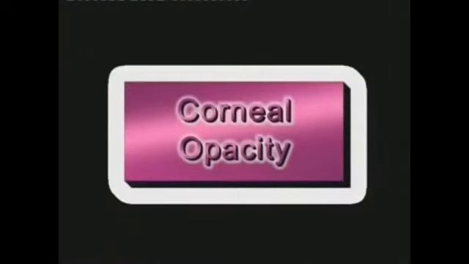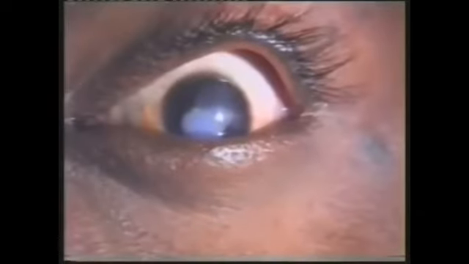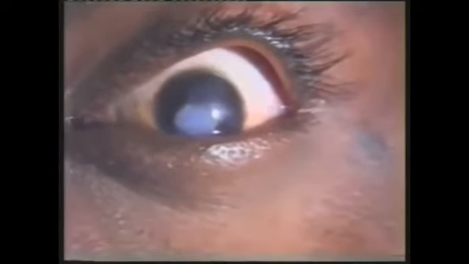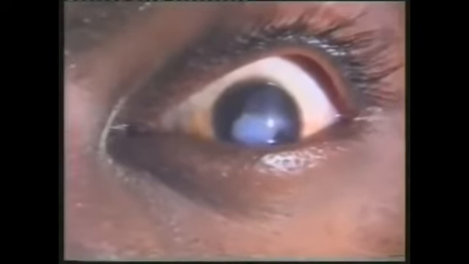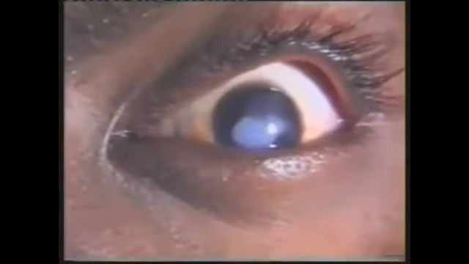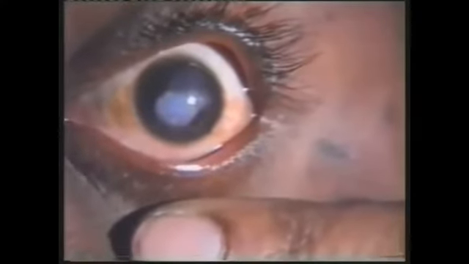Note the white opacity in the cornea. It usually occurs after a deep corneal ulcer, foreign body or injury to cornea. If it obstructs the vision, then a corneal graft from a donated eye will be required to restore the clarity of vision. The opacity may be dense white as seen in the lower part or translucent as seen in the upper part in this case.